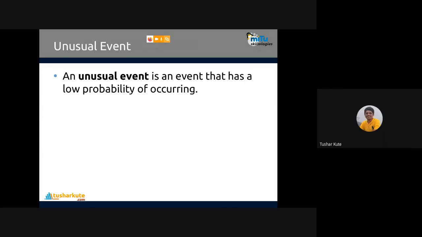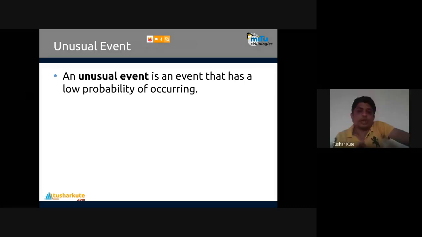But remember, an unusual event is one which has a low probability of occurring. Most of the time, and this is my experience also, the data model treats it as noise. Even if you supply data which is fraudulent, it will check and say it is non-fraudulent. So in data science, you have to look for that also. In probability-based algorithms, frauds can't be detected in such cases because they rarely occur.